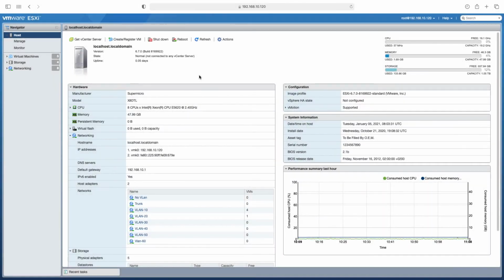In our previous lesson, I explained how we created port groups on Virtual Switch. In this lesson, I will explain how to create virtual machines. Before we can create the virtual machine, we need to upload the ISO image file of the operating system to the ESXi data store. Now, let's go to the storage section and add the ISO file of the operating system we will install to the data store of our server.